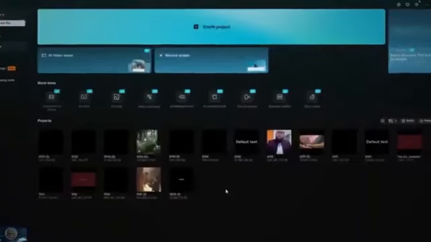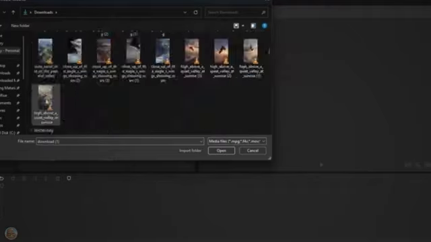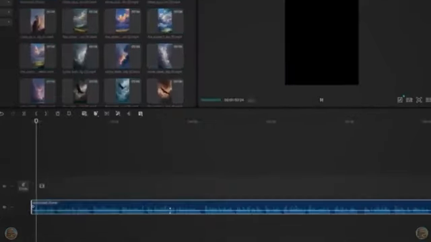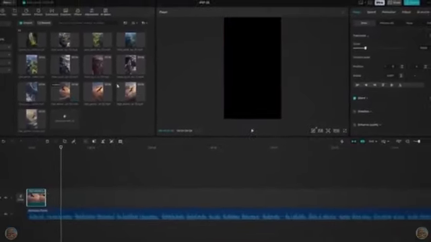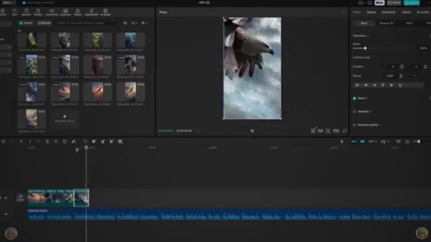Now, come back to the CapCut homepage and create a new project. From here, import all the videos and the voiceover we've generated so far. First, drag your voiceover onto the timeline. If you need to trim or cut anything in the voice, you can do that here. Now, play the voice slowly and place the video clips on the timeline in story sequence, matching them with the narration. That's it. This simple process gives you full control, better accuracy, and a perfectly synced final video without relying